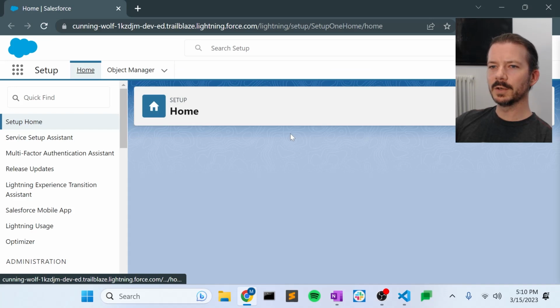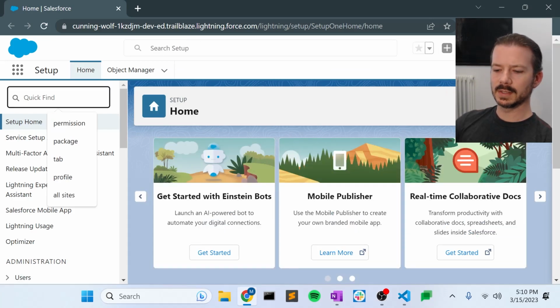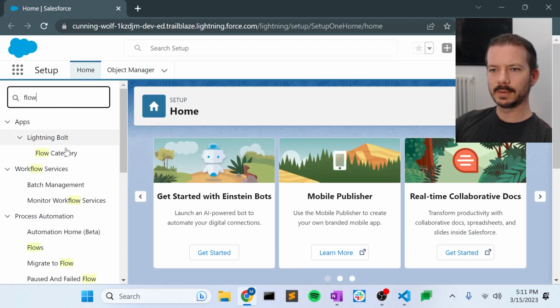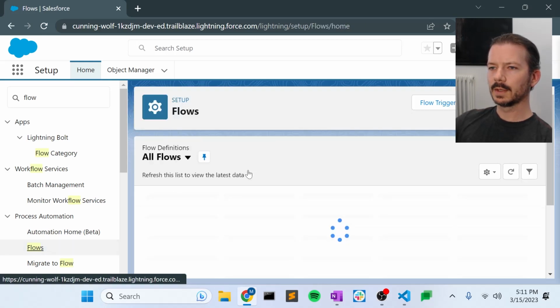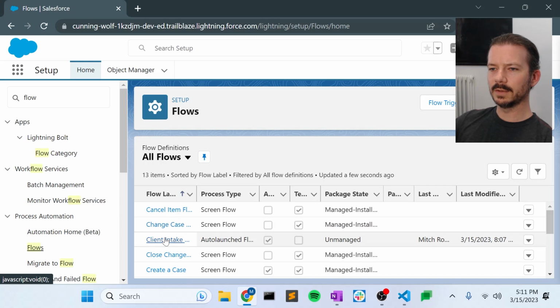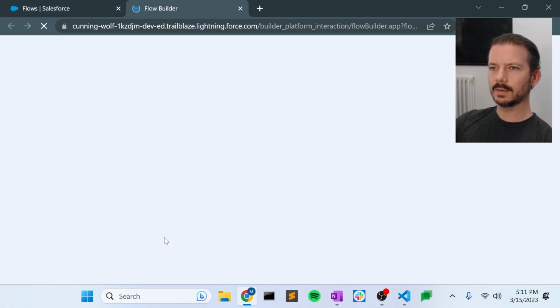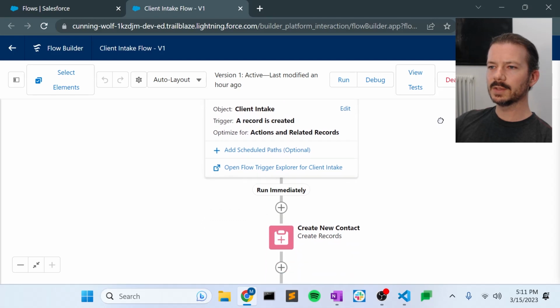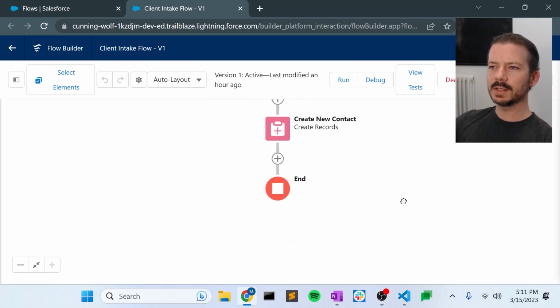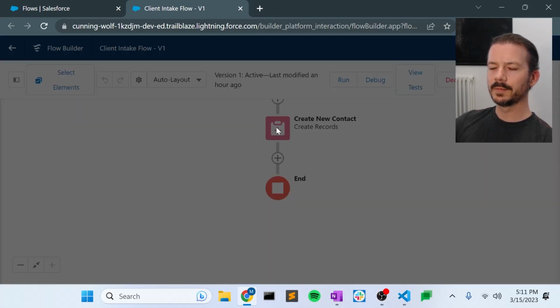And let's go look at the flow to remind ourselves what this flow is doing, because it's important for this. So go down to flows. And here we can see our client intake flow is right there. And this flow triggers on the creation of our client intake custom object. And then as soon as that's triggered, it simply creates a new contact record. So if I open this up,